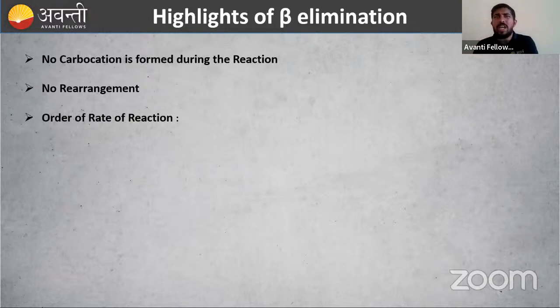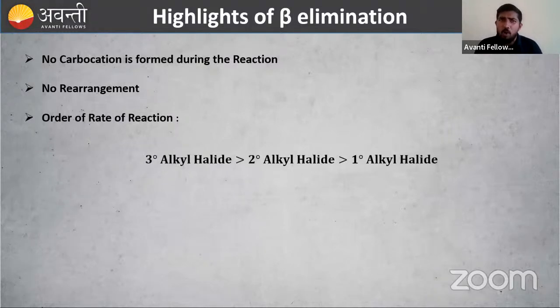Then the order or rate of reaction. There is a separate chapter next year, chemical kinetics. You will study about the rate of reaction. We know alkyl halides can be tertiary, primary, secondary. Which one is least reactive? That is primary alkyl halides. Then highest, that is our tertiary alkyl halide. So tertiary, secondary, primary, that is the order. So this reaction depends upon the nature of the alkyl halides also. So these are the important points regarding our beta elimination. Here, elimination is taking place. From the beta carbon, hydrogen is getting removed. That is a point, right?